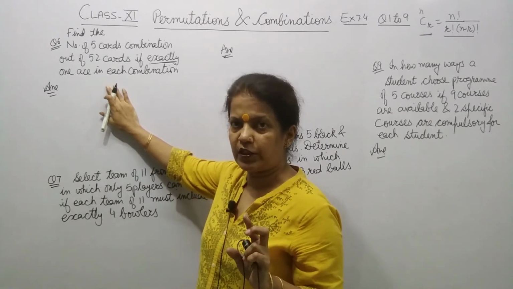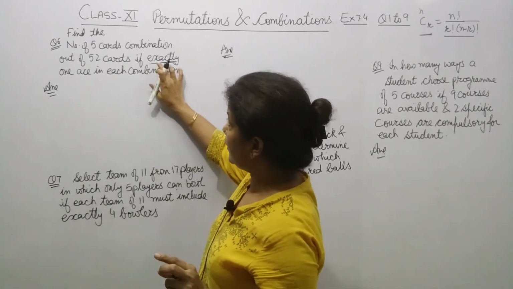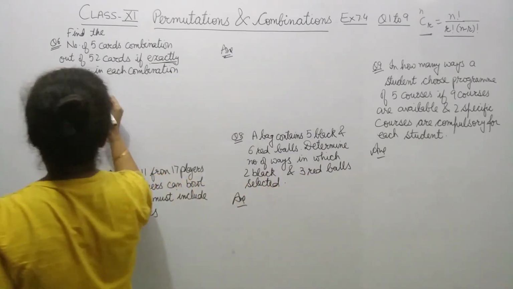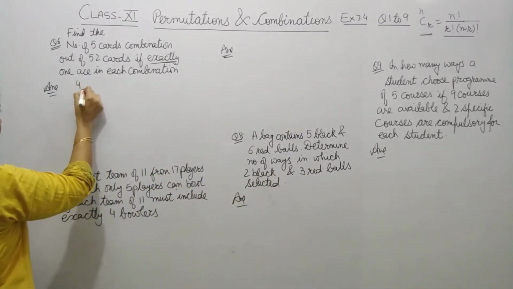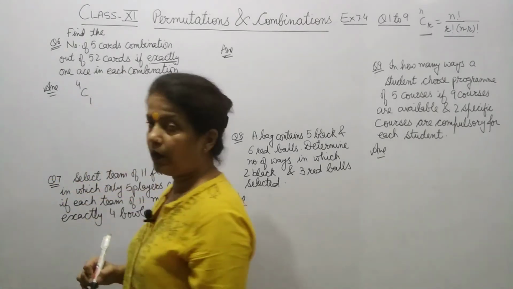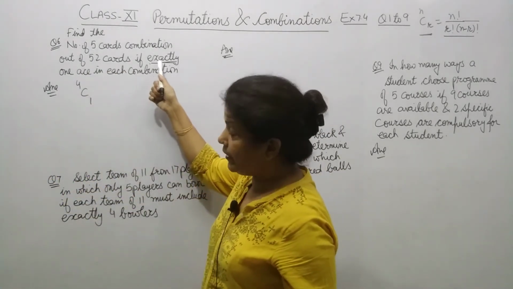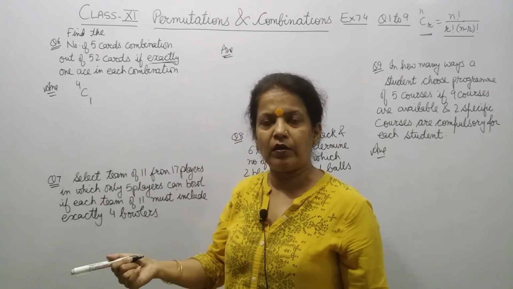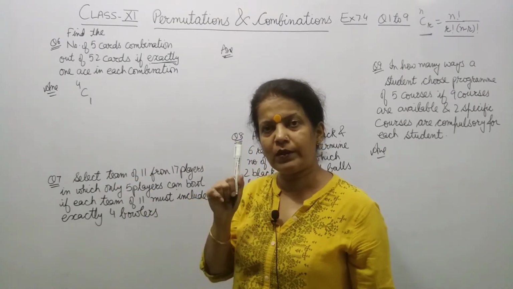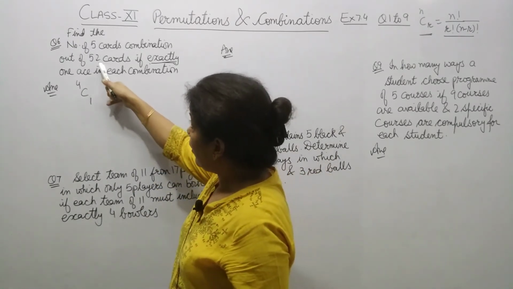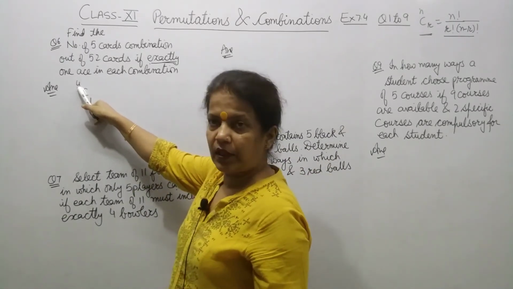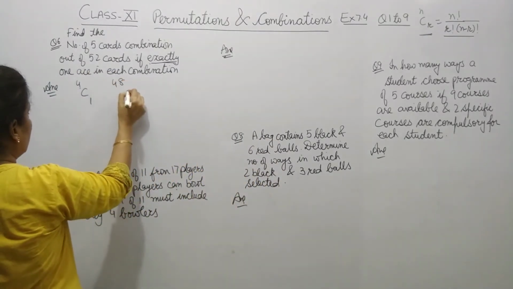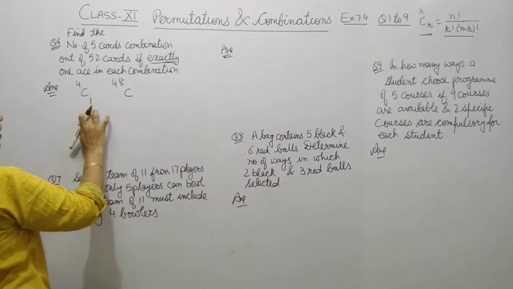There are 4 aces. So out of 4 aces, exactly one ace we need. So out of 4, we need one ace. Now, exactly is written, so you can't add them further. Means you will take only one ace. Now, out of 52, 4 cards are aces, then the leftover is 48 cards. And one we have already taken.